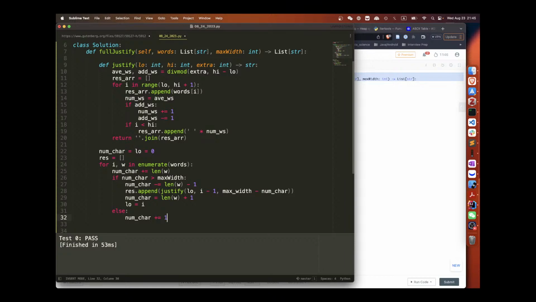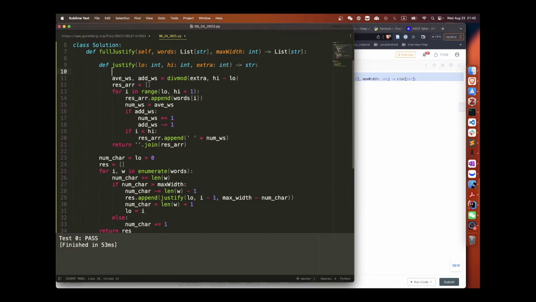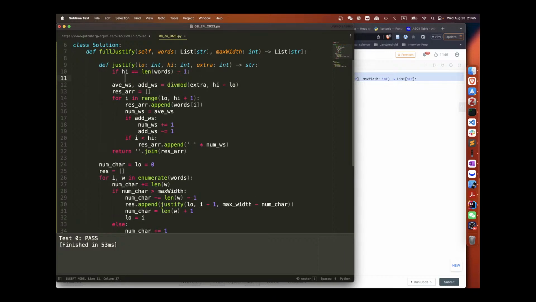And how do we find the last one? Well, we need to find the last one because I want to return rest here. So we need to find here extra, right? We should say if high is equal to len words minus 1. So this is the last row of words. A last row must be left justified.